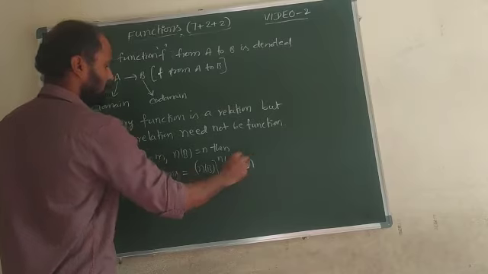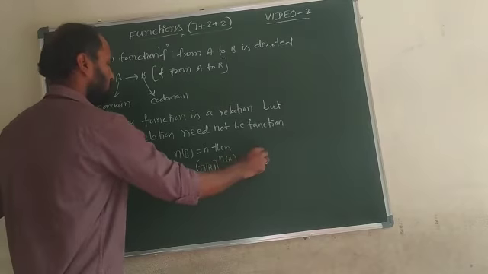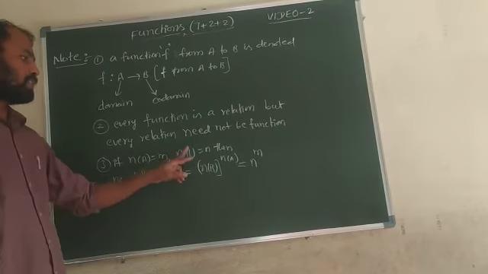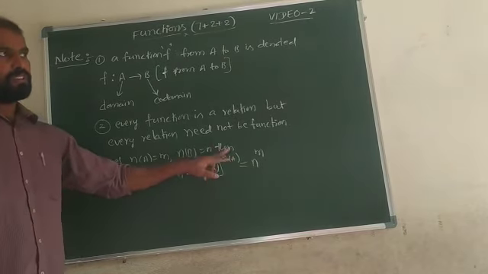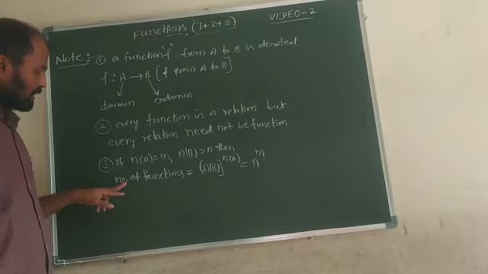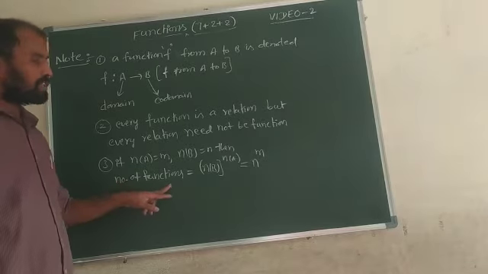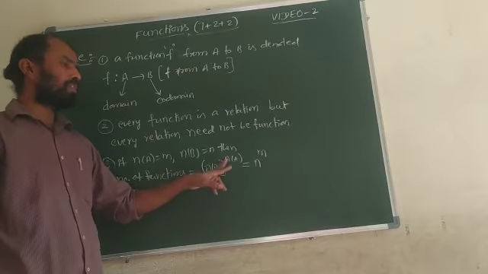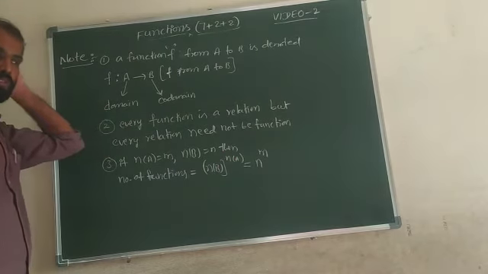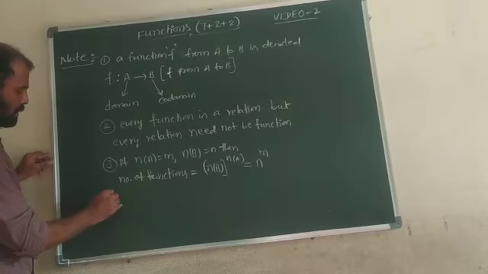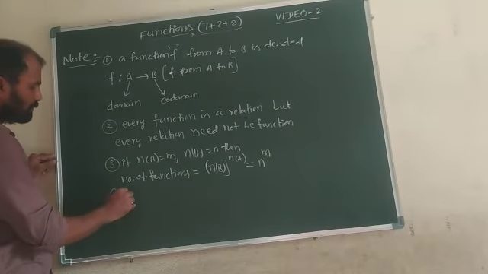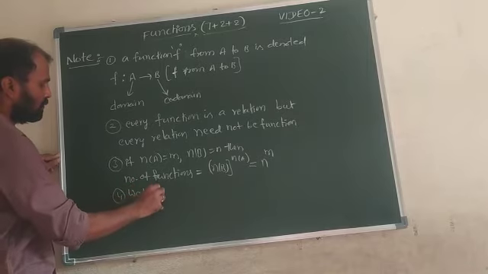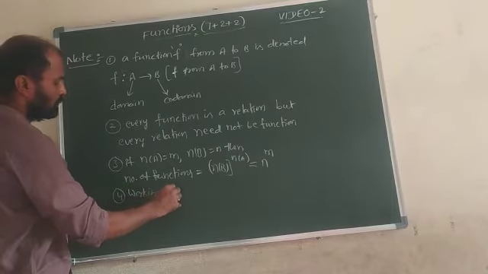That is, what is n(B)? n. What is n(A)? m. So n power m, or n(B) power n(A). The number of functions from A to B is n(B) power n(A). Suppose the question is the number of functions from B to A; that means n(A) power n(B). Reverse అవుతుంది. And working rule for one function. Function working rule.